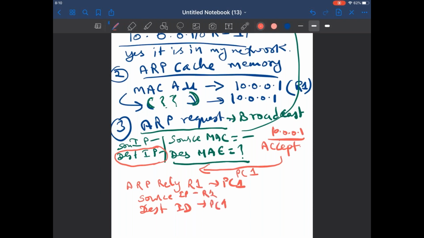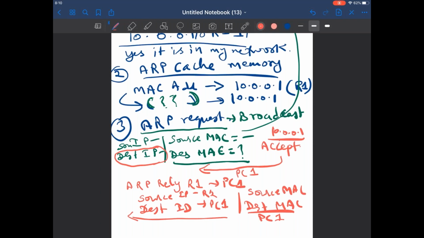The source MAC will be your R1 MAC address, and the destination MAC will be your PC1 MAC address. So this information will go towards PC1. Now PC1 will have the MAC address of R1 after receiving this ARP reply.